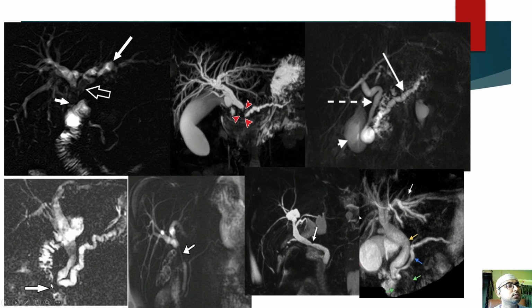Ampulla of Vater. A stone is impacted in the ampulla of Vater. That's why dye cannot pass through it. So this is the stone. Another stone is present in the CBD. And you can see this is the